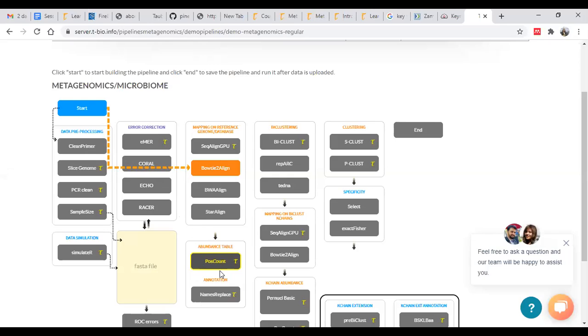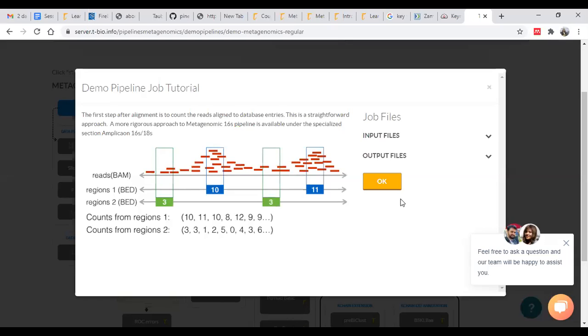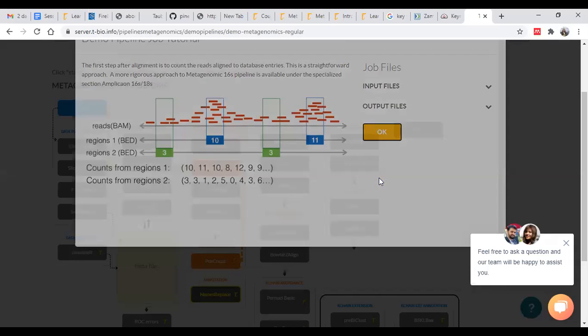It will count all the sequences and generate an abundance table. Once the alignment is done, you are counting the reads that are aligned to a database, so it will count and produce the abundance.